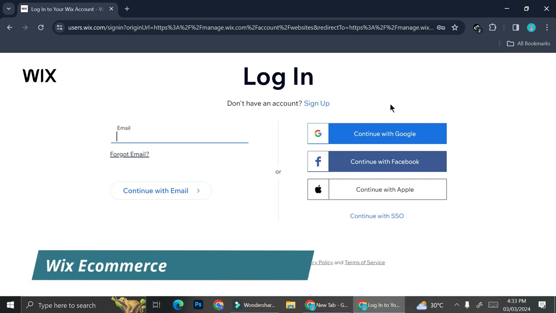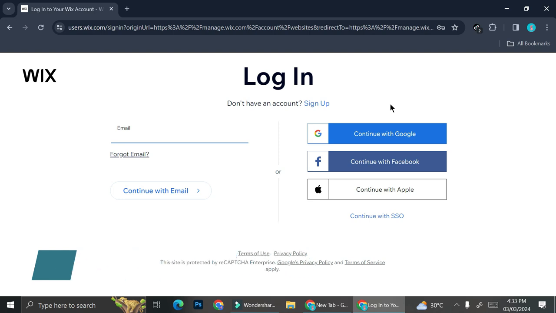Hi everyone, in today's tutorial I'm going to show you how you can create an e-commerce website with Wix.com. So if you don't know, Wix is a platform that allows you to create multiple different websites such as portfolio or maybe just some motivational website. You can create those kind of things with Wix. And besides those things that I've just told you, you can also create an online store or an e-commerce website